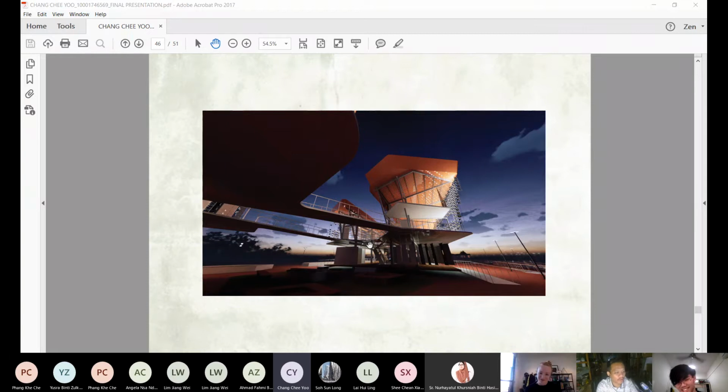Yeah, but of course, the roof geometry looks quirky. It will need some level of optimization, but I think considering you are just a second-year student, we are appreciating your bravery, or your intent, or your effort to actually explore something that you might not feel comfortable with. So we appreciate that. So we're going to give our grade based on that.